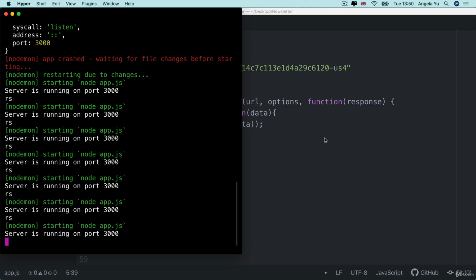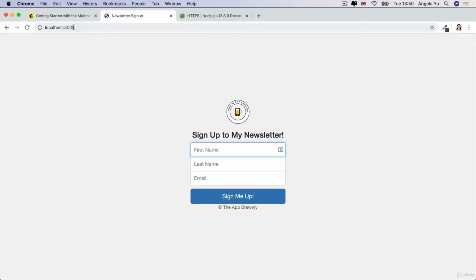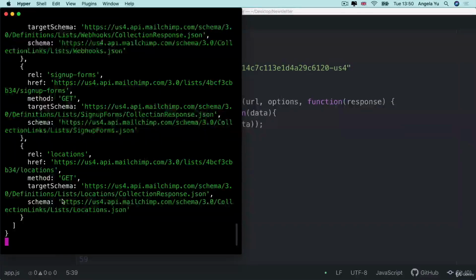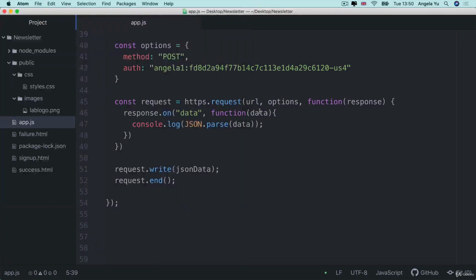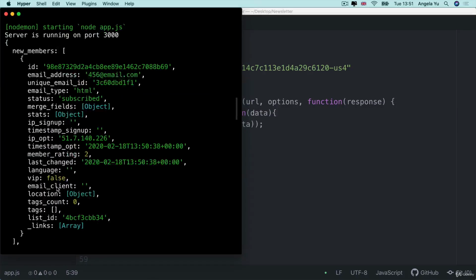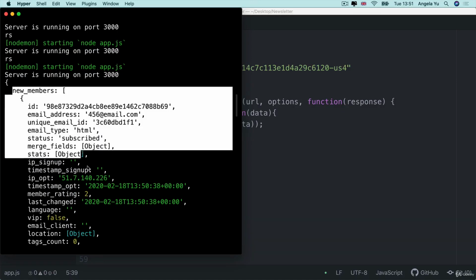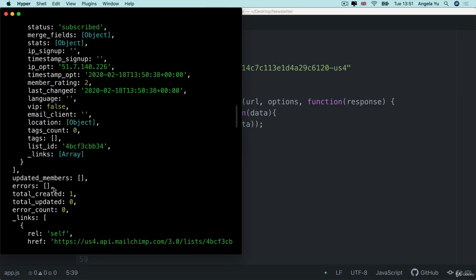So let's hit save on our app.js and let's just check Hyper to make sure that we don't have any errors. And now let's go to our localhost 3000 and try to sign up. So I'm going to put in my own name and then I'm just going to use a random email. Let's call it, I don't know, 456@email.com and click sign me up. Now at this point, if we look inside our terminal, you'll see what we get sent back as the data from Mailchimp. And it seems to suggest that a new member has been added and there were no errors in